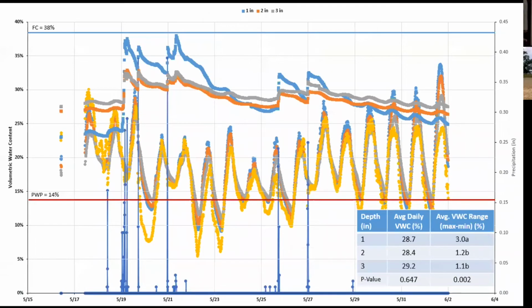This is showing soil moisture data added in, kind of reflecting what we had just talked about. Basically, the blue is, again, our 1-inch, orange is 2-inch, and 3 inches is here. Basically, after the rainfall events, the 1-inch started really low, moisture content-wise, was actually the most affected, had the most increase, which makes sense as it's kind of saturating that soil profile. But it was also the fastest to dry out, which could potentially affect kind of that ending part of emergence in those fields.